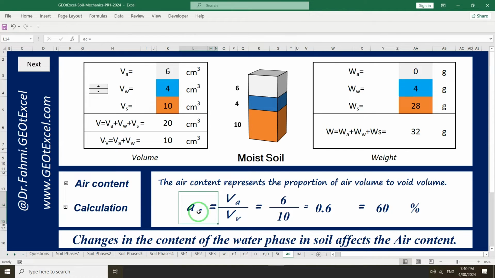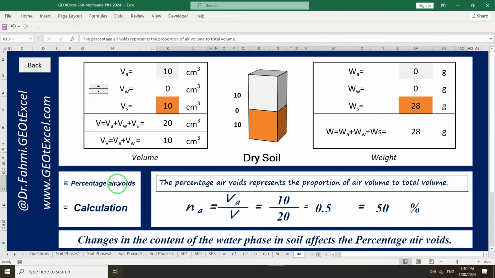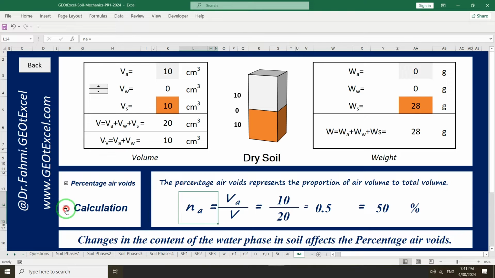AC. Percentage air voids. The percentage air voids represents the proportion of air volume to total volume. Na equals